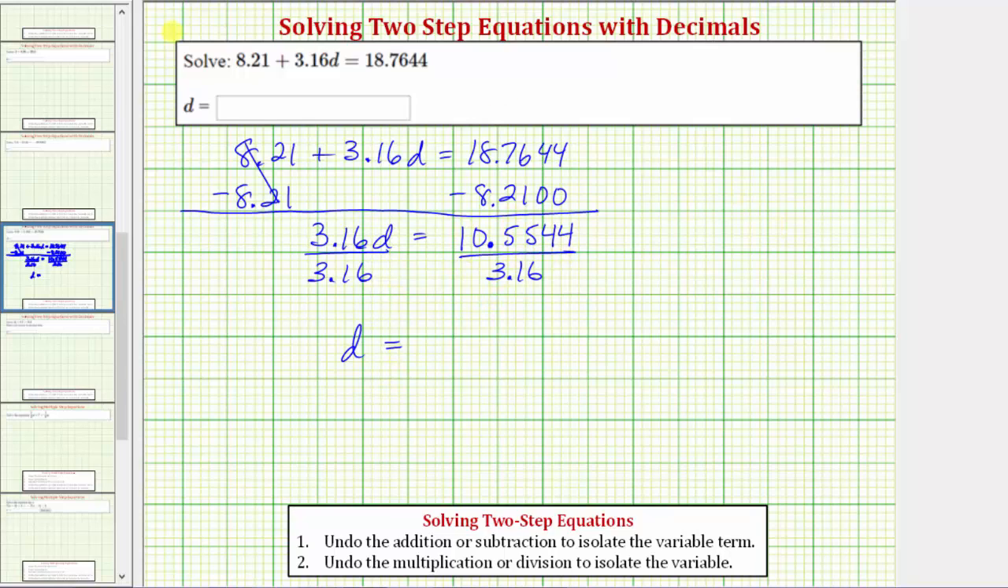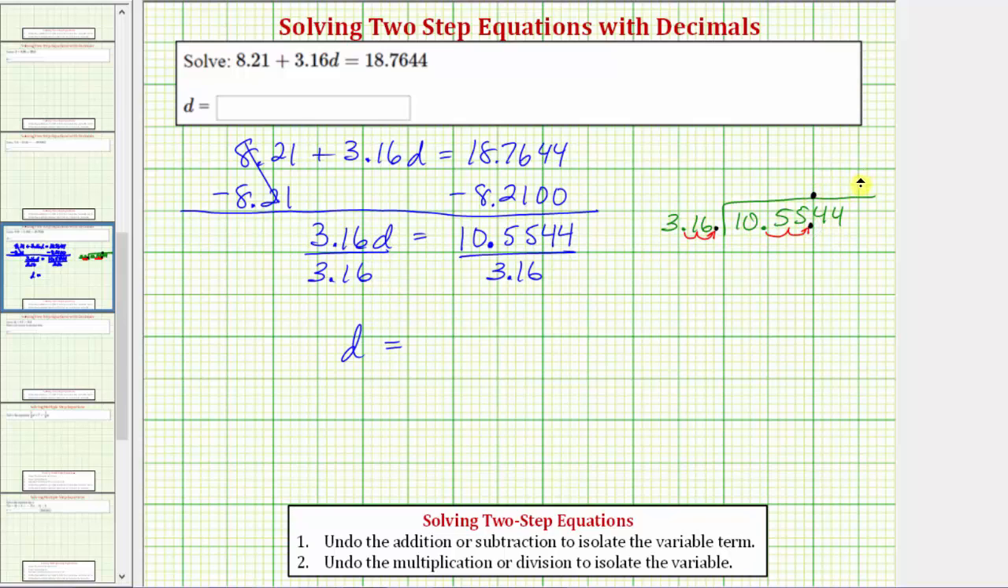Let's find this quotient on the side. So we have 10.5544 divided by 3.16. The first step is to make the divisor a whole number. To make 3.16 a whole number, we multiply by 100, which is the same as moving the decimal point to the right 2 places. So 1, 2, and we can do this as long as we do the same to the dividend. Multiplying the dividend by 100 is the same as moving the decimal point to the right 2 places. 1, 2. So the decimal point is now here, which we move up into the quotient and divide like we